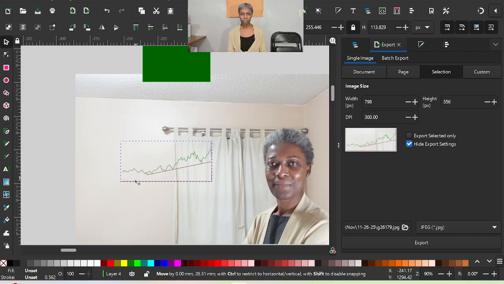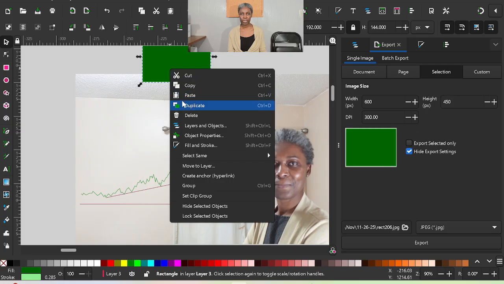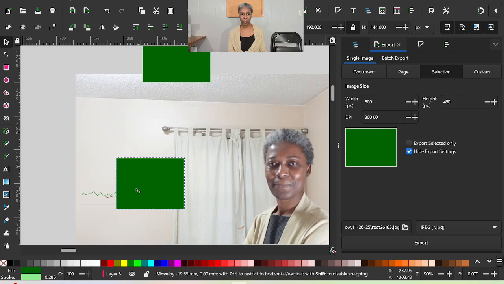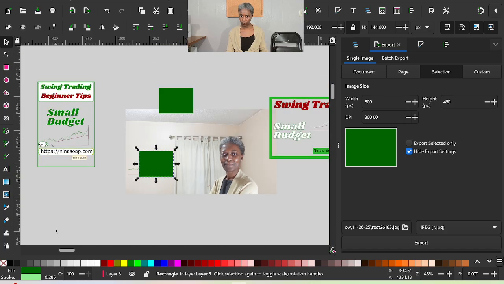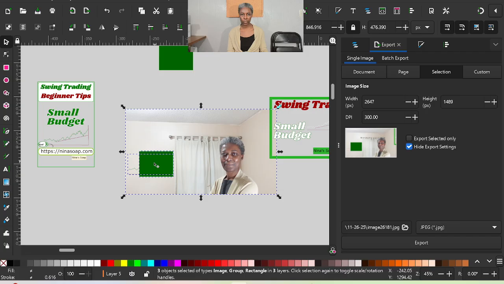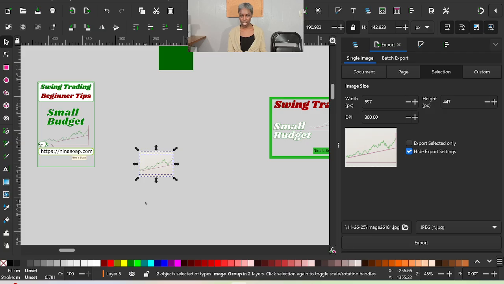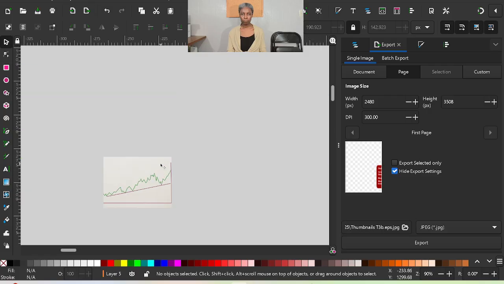So I'm going to take this, bring it here, and duplicate this one. I'll put it on top of it, and let me zoom out. I'm going to take this out of the way, and I'm going to select all of them. Select that and select the frame as well, and I'm going to go to object, clip, and set. Good. I think that's how I'm going to be doing my web version, and I will just save this one,